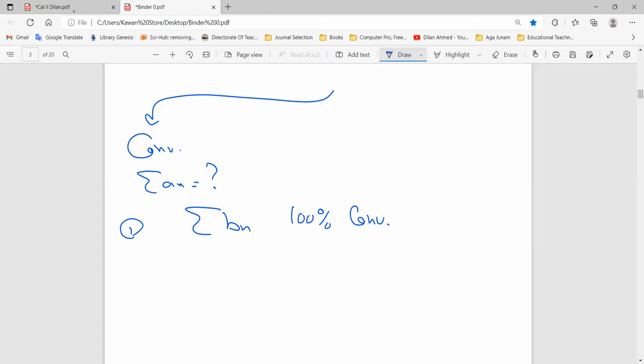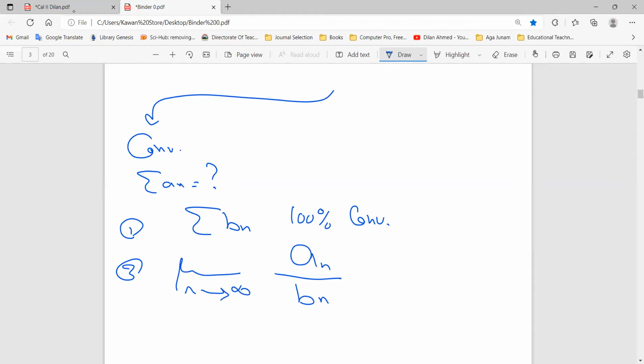Understood? You bring someone in your pocket, in your mind, then you put it down. Then the second, you know about that series converges, 100%, you are sure about that. Then you come to compare or compute